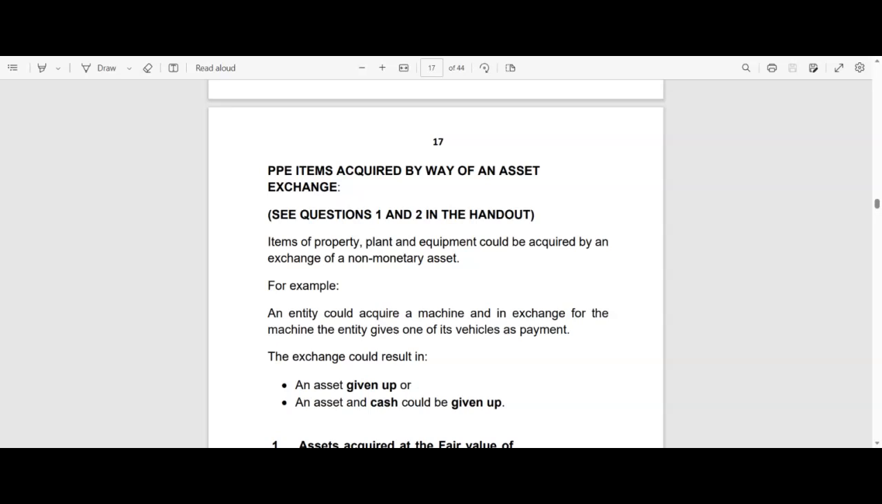So IAS 16 carries on, they go further. They say even though we've discussed the default method, where the fair value of the old asset will be used to determine the purchase new asset plus or minus